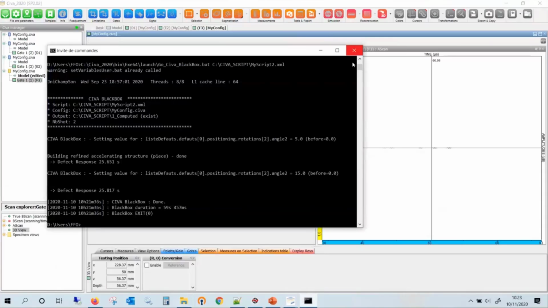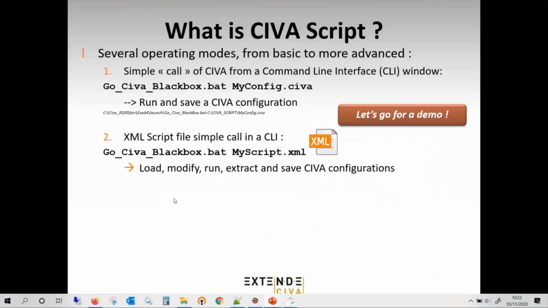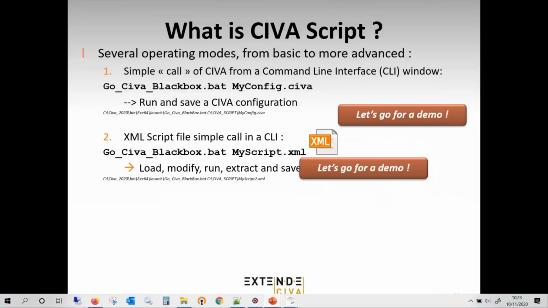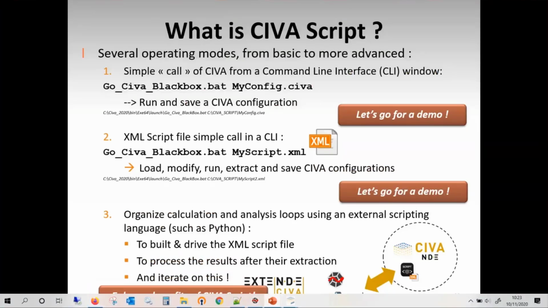Okay. Let's go one step further now. Third level, let's say. After the simple XML script call, the idea is maybe to use another scripting language such as Python, not just to use one fixed script like this, but to build and drive in a given program this XML script file, but also to process the results you have extracted thanks to this XML script file, and of course, the most interesting is to repeat this process